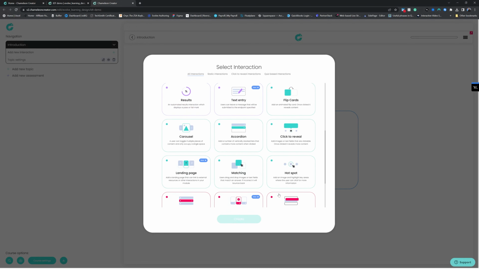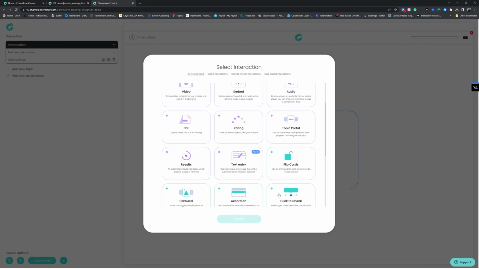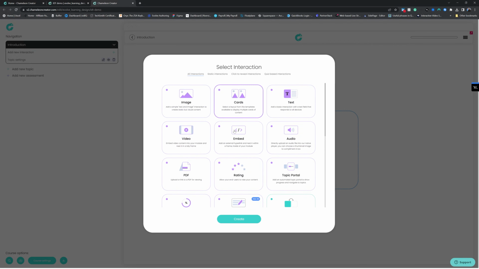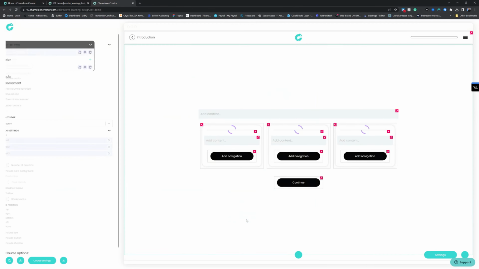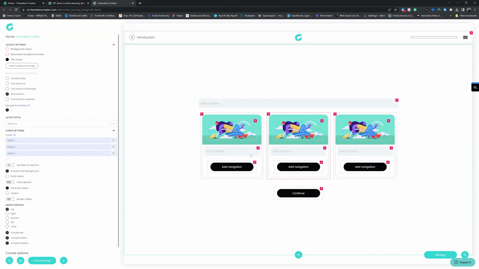Adding an interaction is super easy. Let's say I want to add some cards just because I love them so much. Let's create that. There we go. We now have an interaction. We now have a screen in our course. Over here on the left, you can see the context menu has changed, and we now have all of the